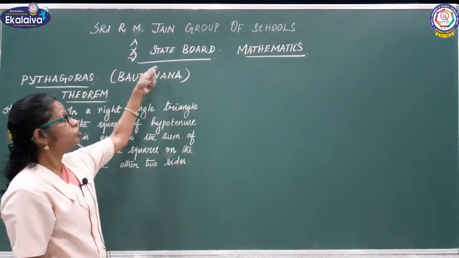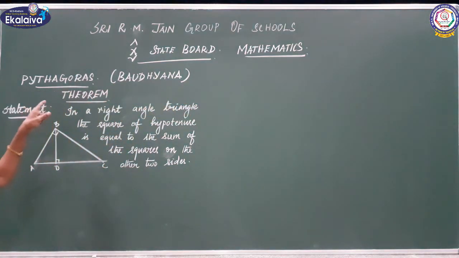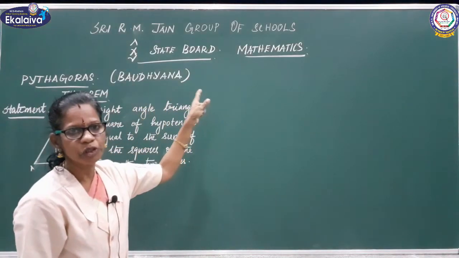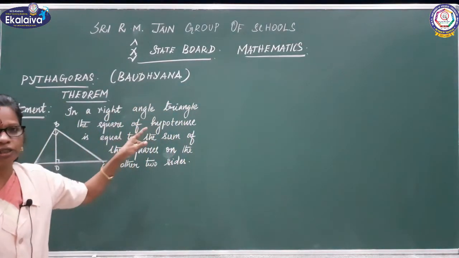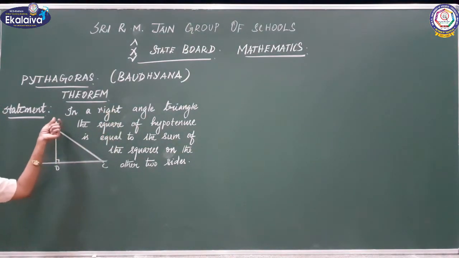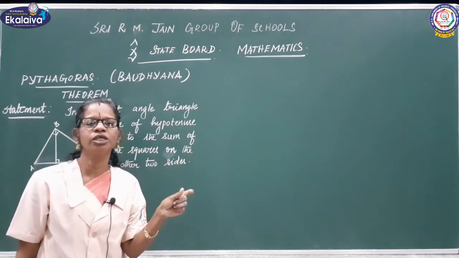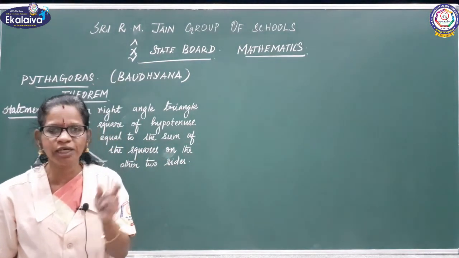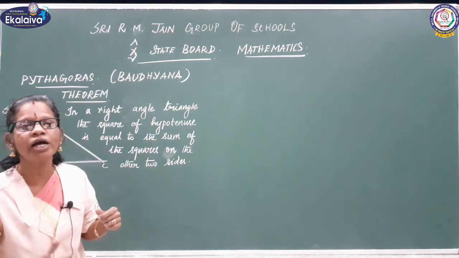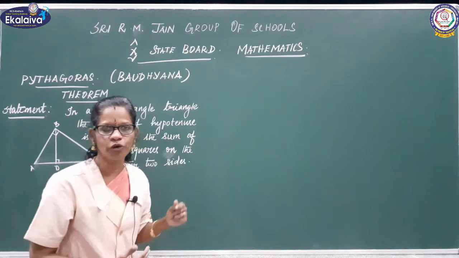Standard 10th State Board, subject Mathematics. Today we are going to discuss Pythagoras theorem. Pythagoras theorem is also referred to as Baudhayana theorem, another name of Pythagoras, right? The statement you have already learnt, that is AC square equal to AB square plus BC square. How you are getting AC square equal to AB square plus BC square, that we are going to prove now,